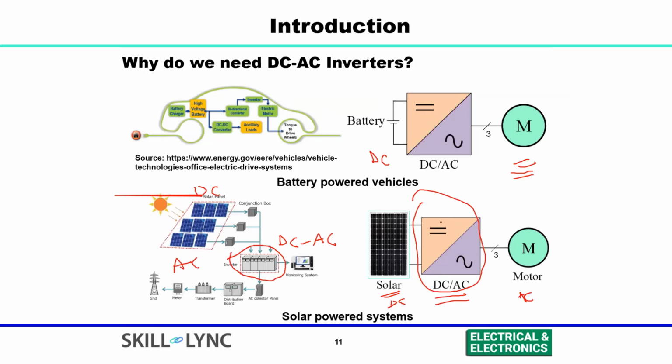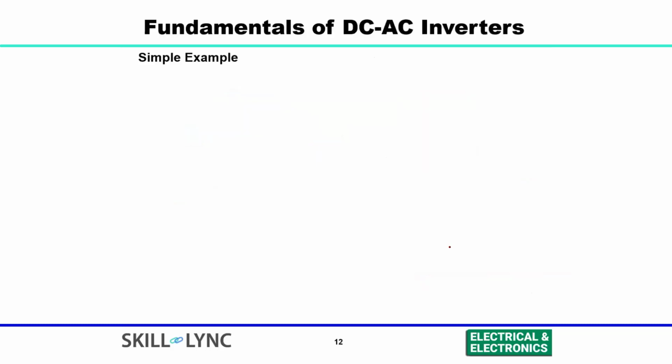So these are the different kinds of applications where we can use DC to DC converters. I listed out a few examples: ship propulsion systems, aerospace technologies, and fuel cell vehicles. So there are many applications where we can use a DC to DC converter. Now we'll focus more on DC to DC converters and what the fundamentals are.